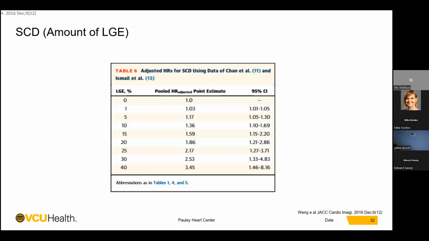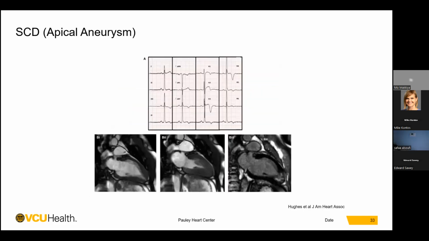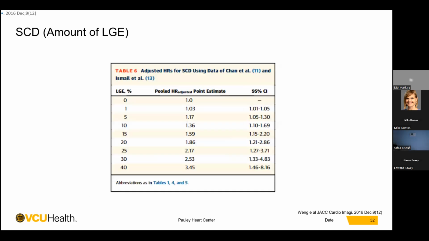And this is also confirmed by a meta-analysis published in JACC, showing a hazard ratio of 1.6 with 15% of LGE of the myocardial mass. We should really try to quantify the amount of LGE and mention that in our reports, as this really helps and guides the